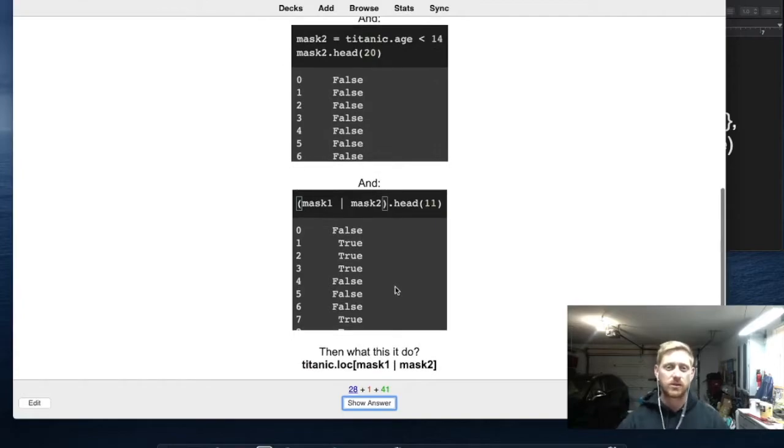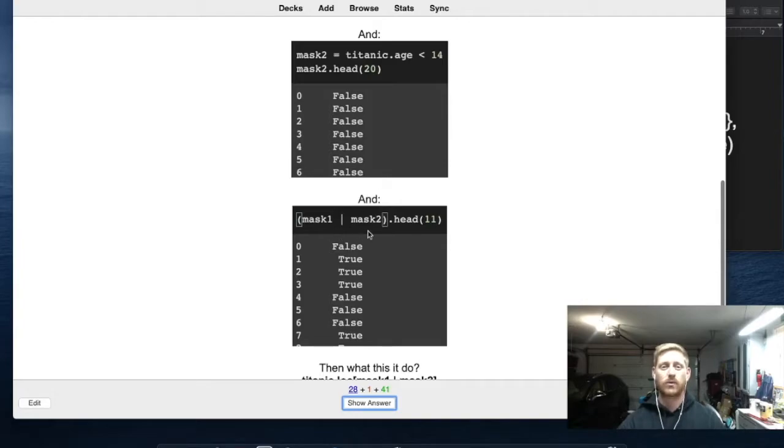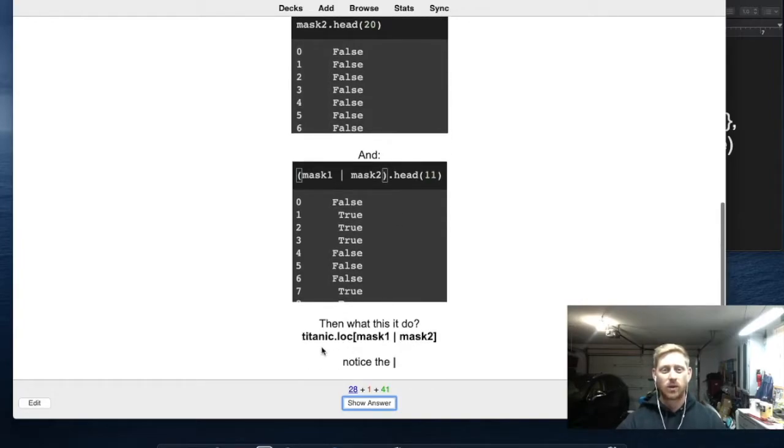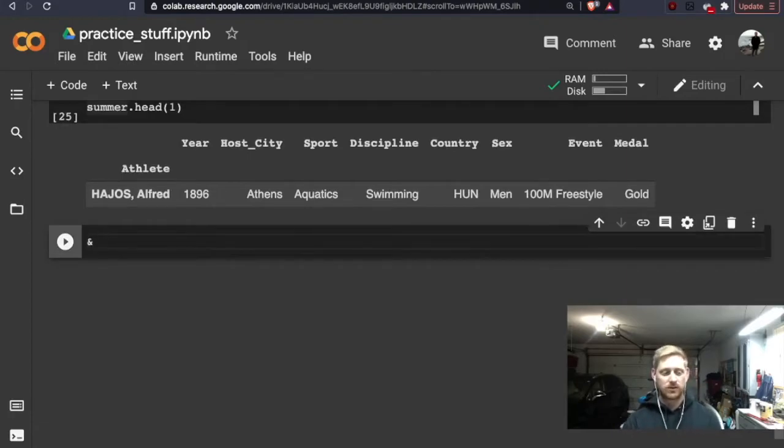So based on these two, now that we know that we're going to be working with females that are younger than the age of 14, if we were to go ahead and run this, what in essence would this return? So we have mask.head. So this is going to get a little confusing. This sign right here means or. Whenever you're working with the and symbol, and usually means we want females that are younger than 14, and we want both of them together. So that means we'd want females and they must be younger than 14. If we have or,